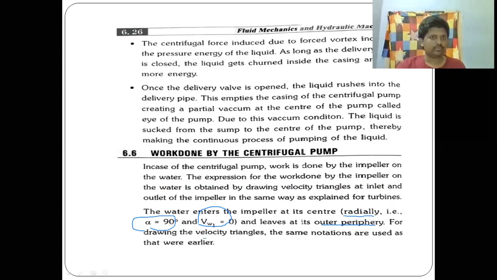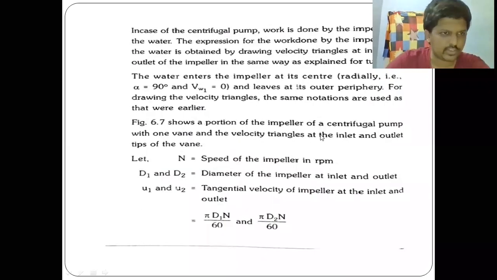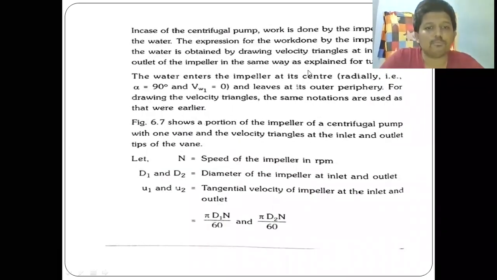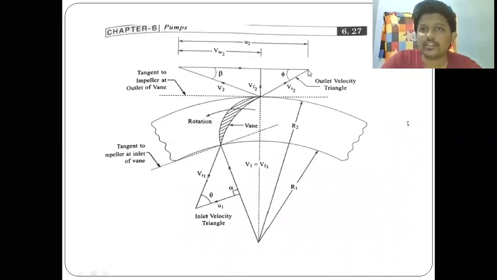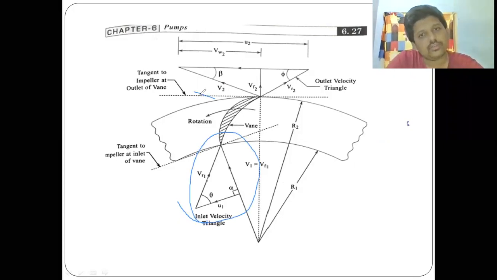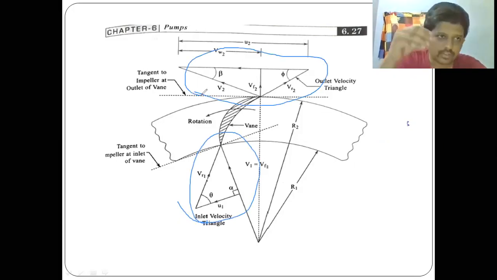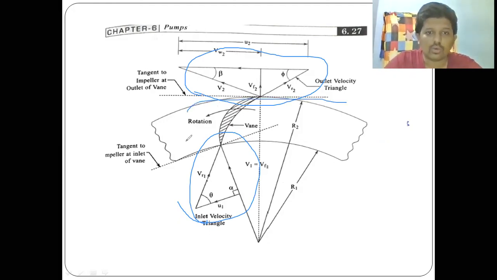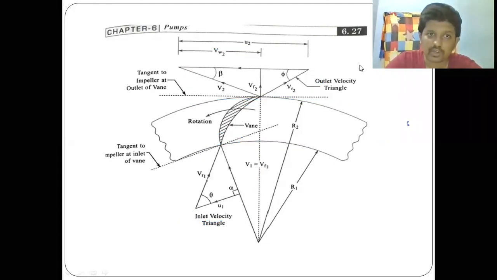Now we'll see what they actually are. These are the velocity triangle diagrams for the impeller. This is our inlet velocity triangle, and this is the outlet velocity triangle. We are very familiar with these two from the turbines. We drew them for Pelton wheels and for Francis and Kaplan turbines. Once go through that. This is our blade. Now the water is impelling, and we have drawn the two velocity triangles. I'll explain what the terms there are.